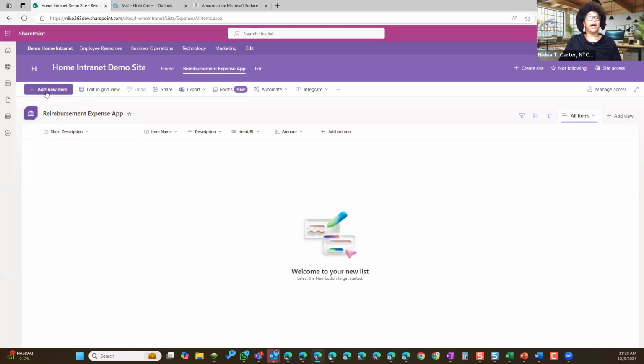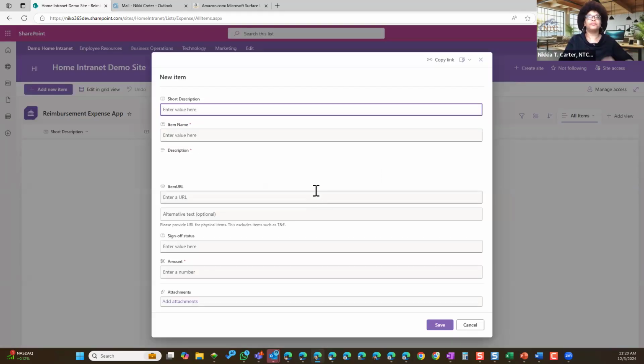If I hit the new item, I get a form that I could fill in. And this form's fields represent the columns that we created. So there's short description, which was the title that I just renamed, item name, the item URL, sign off status, the amount, and that's it.